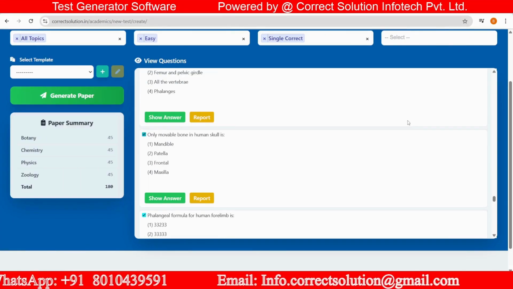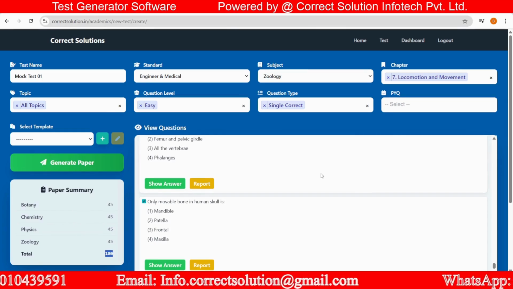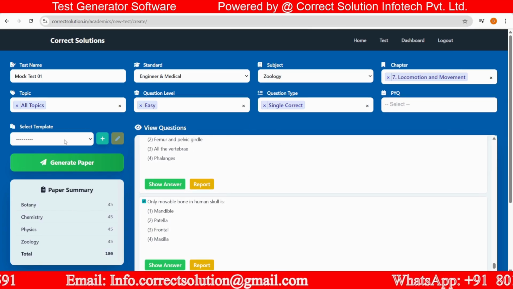So like this, we have selected the geology as well, and as you can see in the paper summary segment, we have a total of 180 questions which we have included. So now, after selecting all the questions by applying all these filters, we have the option to choose select